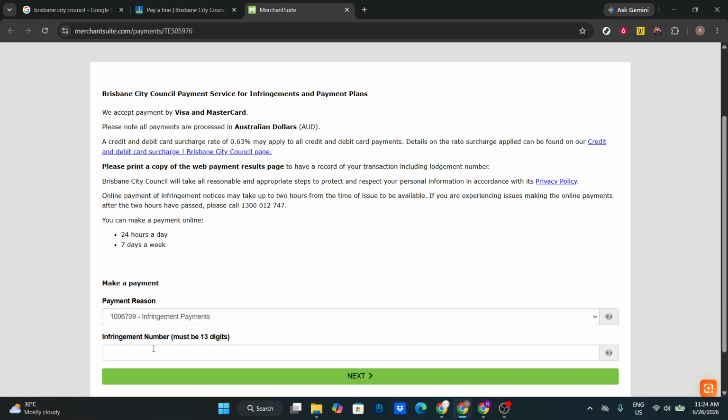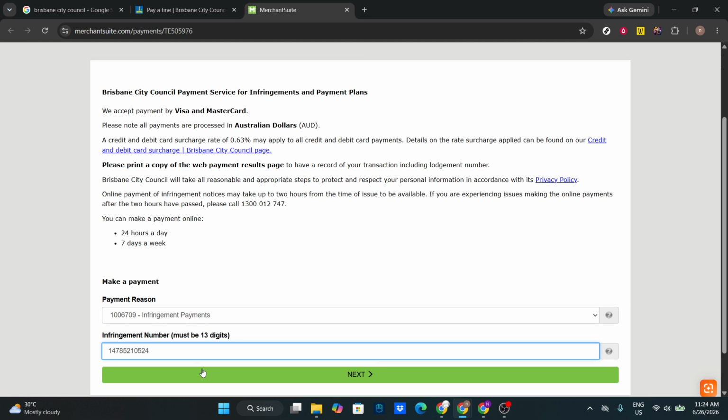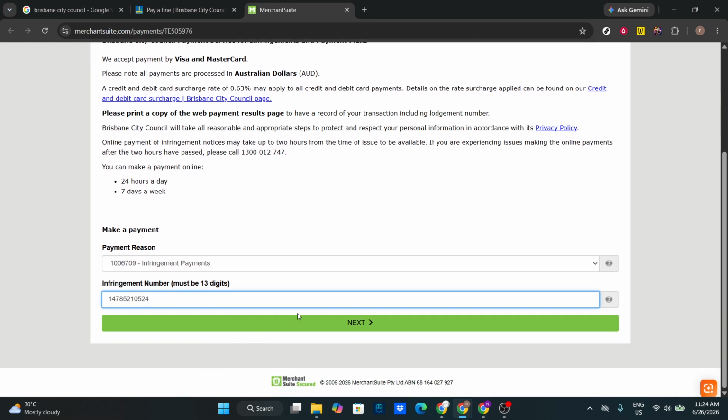When everything looks correct, click Next. This will take you to the next stage of the payment process. From there, simply follow the prompts to complete your payment. The system will guide you through the remaining steps, which typically include confirming your details, entering your card information, and submitting the payment. As always, take your time and review everything before finalizing the transaction to make sure the information